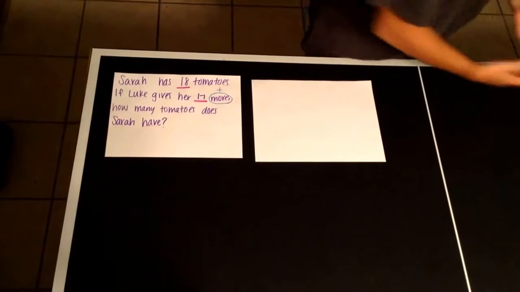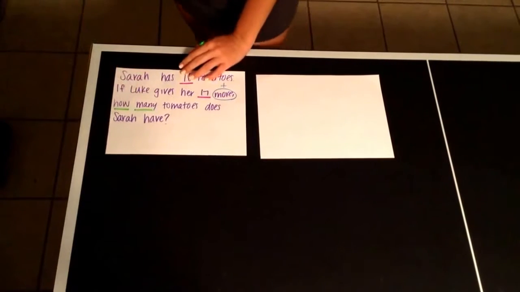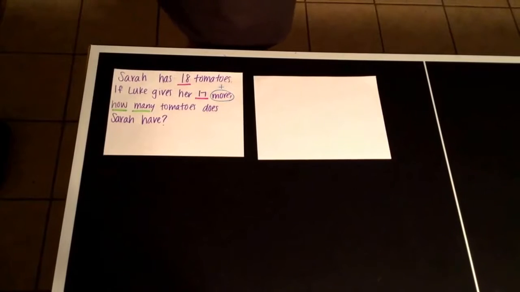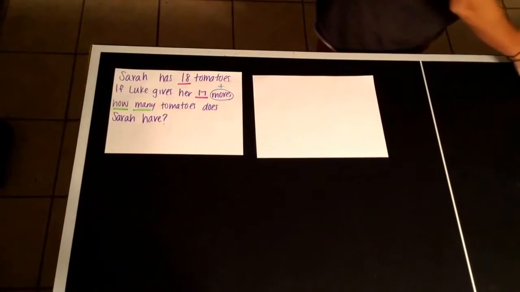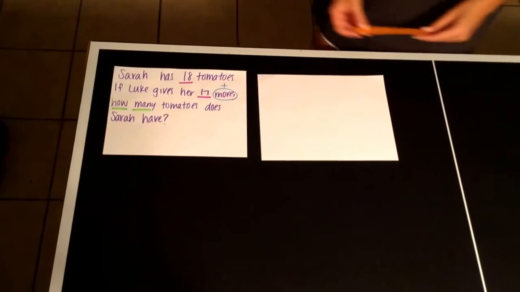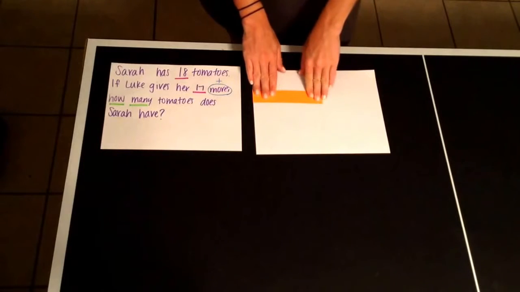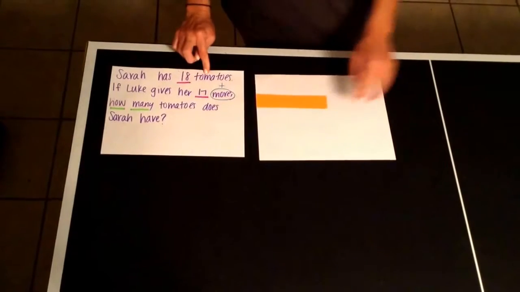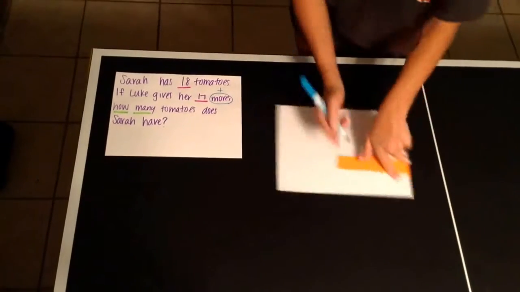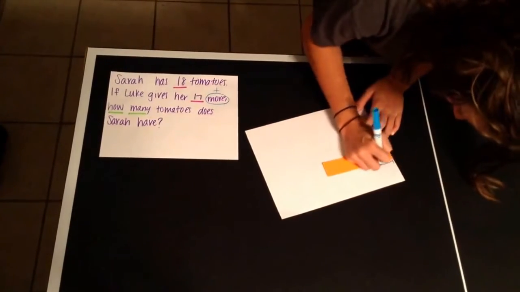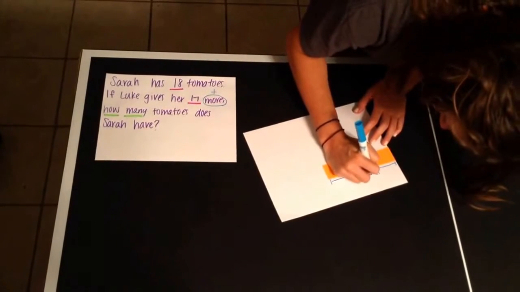What are we looking for? Our how many is going to be right here. How many tomatoes does Sarah have? So with the linear model, we're going to start off with some pieces of paper. So we see that our orange strip right here is going to represent the 18 tomatoes that Sarah has. So right here is going to be the 18 tomatoes